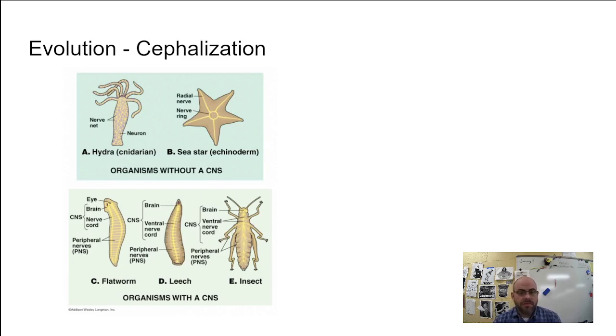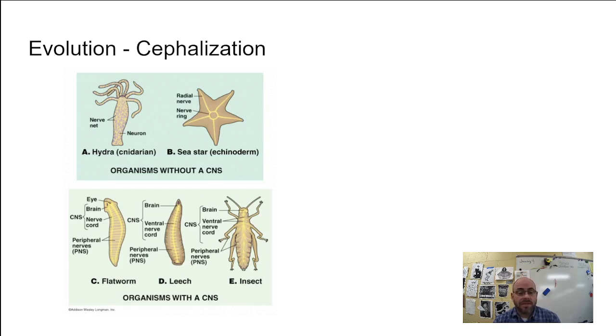And next is cephalization. Cephalization is the formation of a head. What is the formation of a head going to allow for? It's going to allow for centralization of the nervous system, which is going to allow for more complex responses to the environment. A cnidarian is able to respond to its environment, but is not able to do so in a complex way because it's a very simple organism,